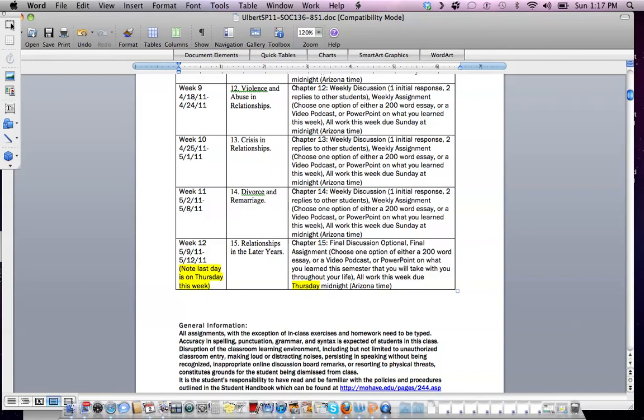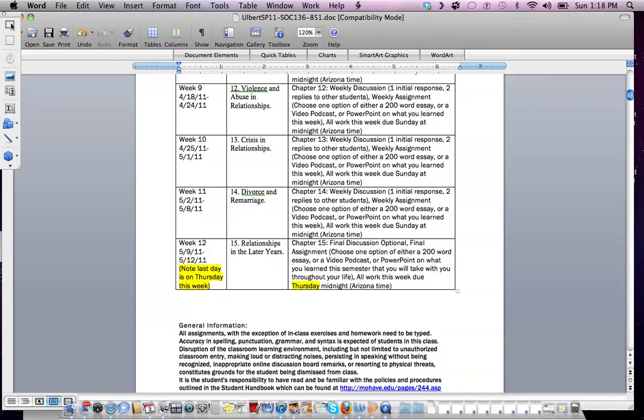So you might want to do that homework on the 11th or the 10th, and then also the last week of class, the final discussion is optional so that you guys can concentrate on doing your final assignment. And this final assignment is just like the other assignments, but instead of just focusing on chapter 15, you have an option of maybe reflecting on the whole course, maybe recommendations for the future of how this course is